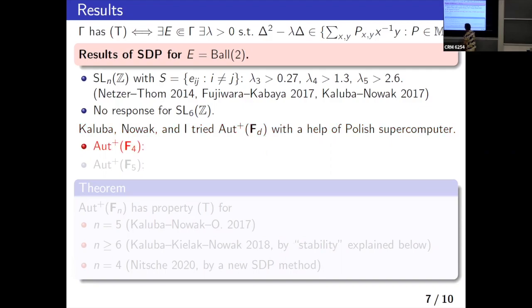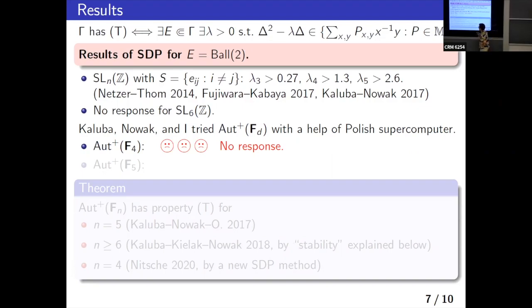And we tried Out(F4) first. Actually, they tried Out(F3) too for a sanity check, to see if it has the property. But fortunately, the computer doesn't say yes. And for Out(F4), unfortunately, the computer gave us no response after a long time. It didn't converge